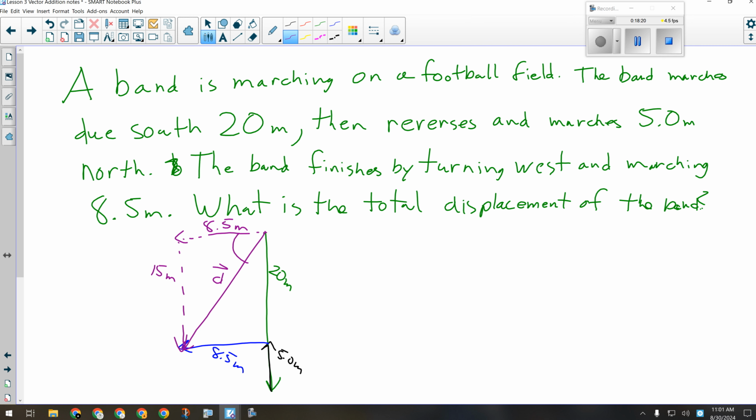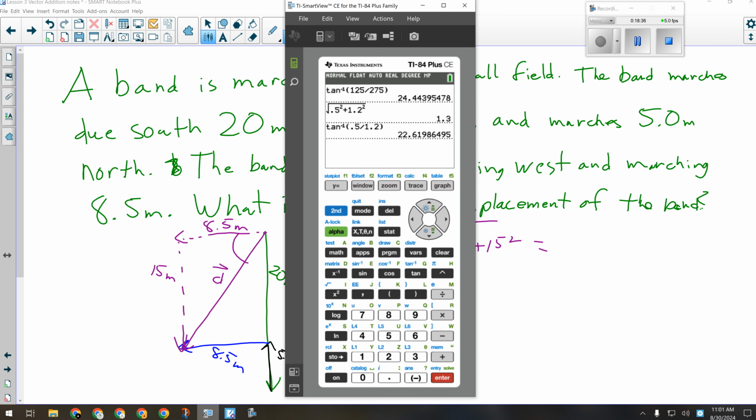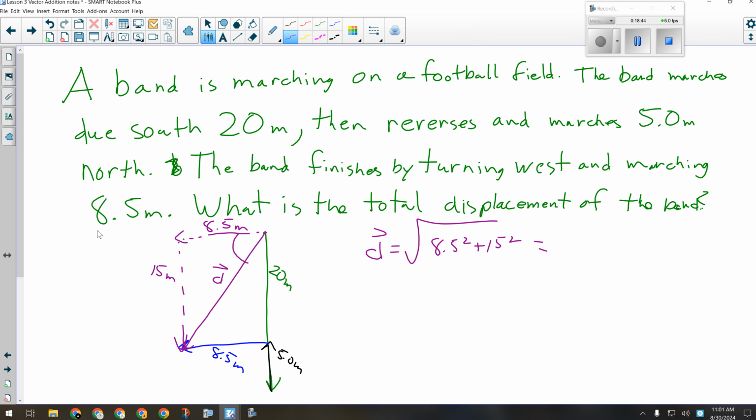All right, well now I've got my triangle. They went 8.5 meters west, 15 meters south. Now I can figure out their total displacement using the Pythagorean theorem. So 8.5 squared plus 15 squared. Okay, so 17.24